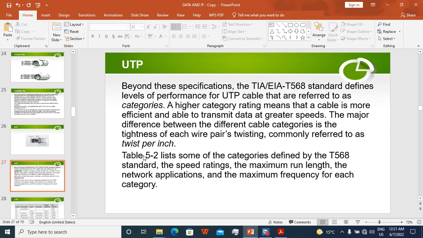Beyond this specification, the TIA or EIA T568 standard defined levels of performance. UTP has levels of performance that are referred to as categories. That's why you can see Cat 5, Cat 6, Cat 7 and so on. A higher category rating means that a cable is more efficient and able to transmit data at greater speeds. The major difference between the different cable categories is the tightness of each wire pair's twisting, commonly referred to as